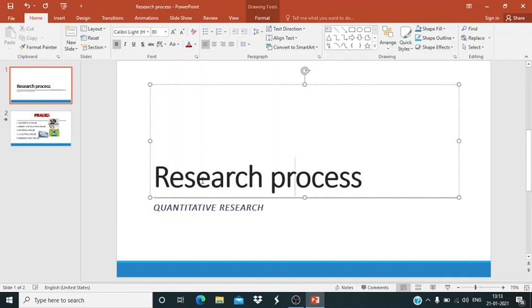Especially for students, I would like to say that as you are preparing the PowerPoint, or even typing in Microsoft Word, have the habit of saving the file. Otherwise, if the window is closed, anyway it will prompt you whether you need to save.